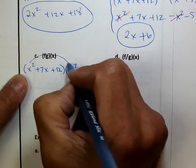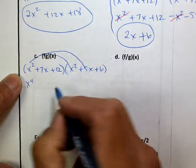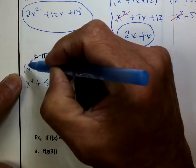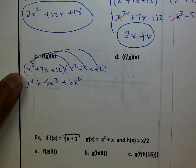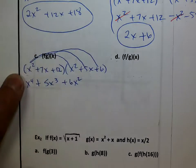X squared times x squared is x to the 4th. X squared times 5x is a positive 5x cubed, right? X squared times 6 is a positive 6x squared. Now, here's the way I do it. And you guys don't have to, you can keep going all the way across. But I'm now going to go